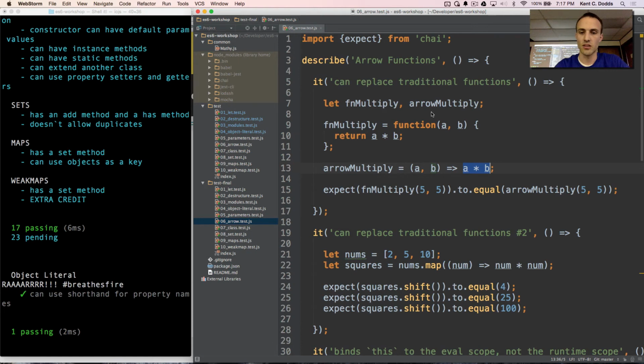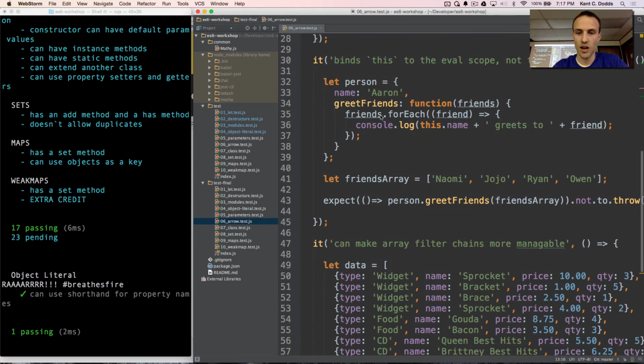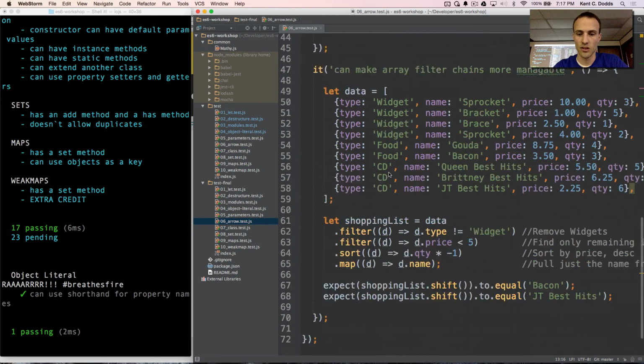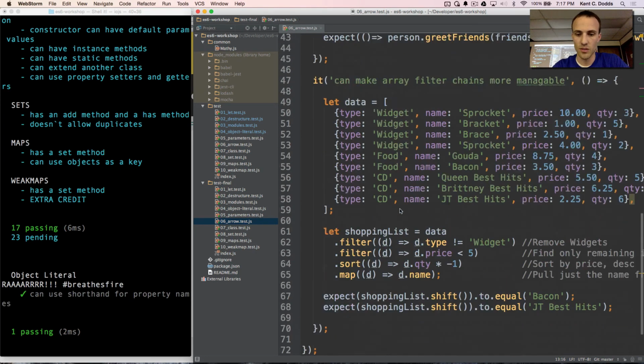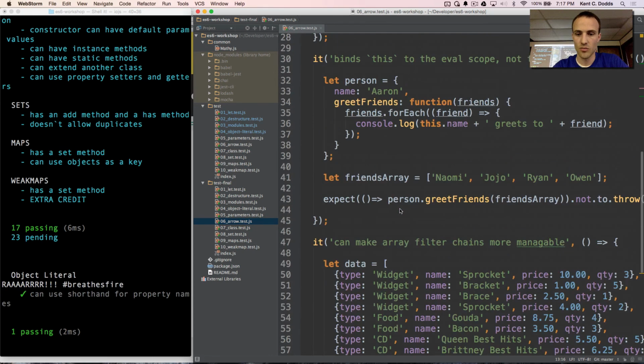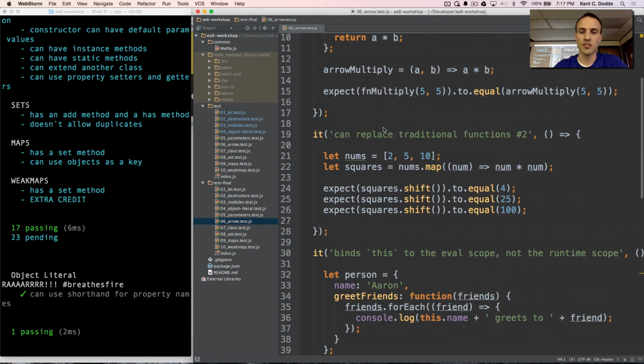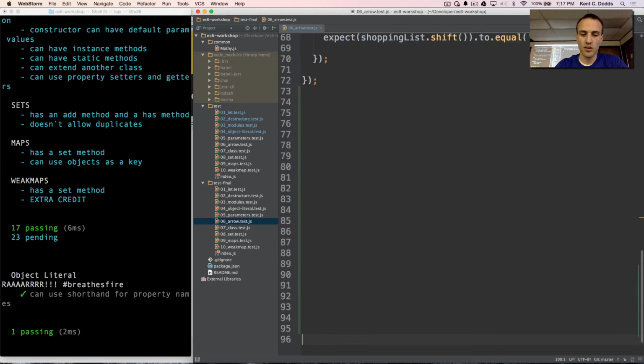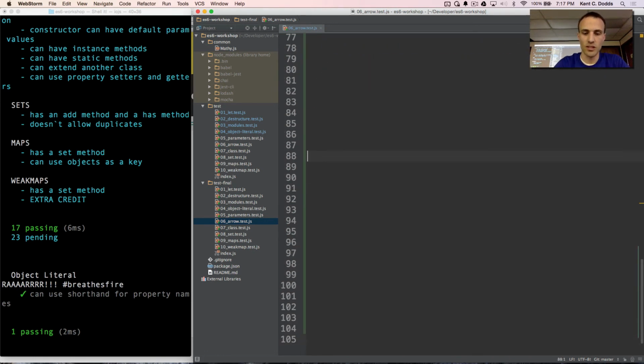So these two are actually equivalent functions. One's written in ES5, the other's ES6. And then the other thing is something that's referred to as lexical this. So who knows why this might be a problem?